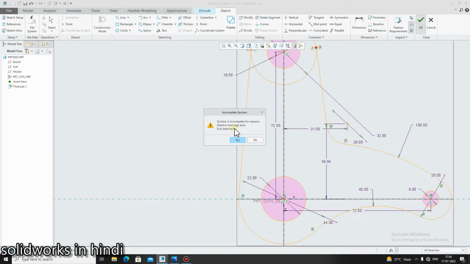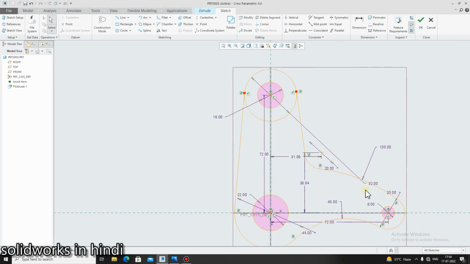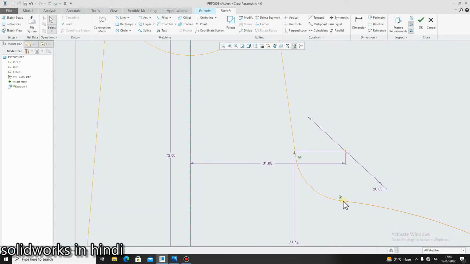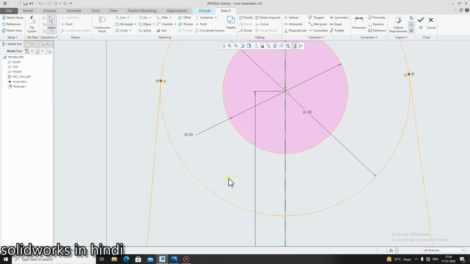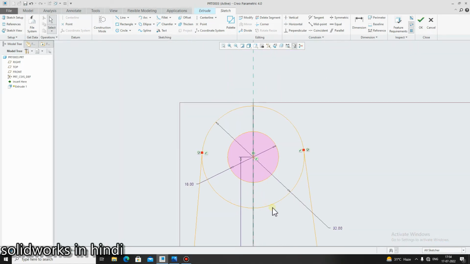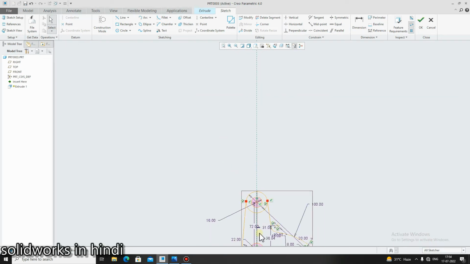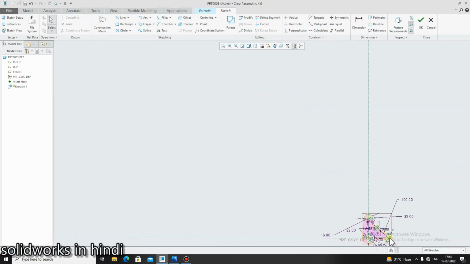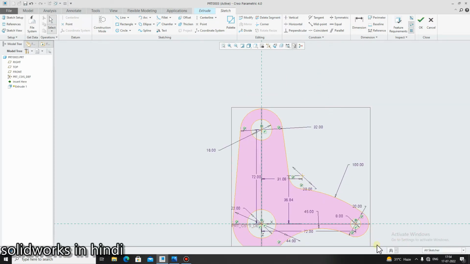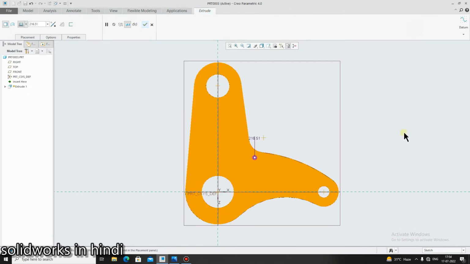Okay, here the section is incomplete, so select no. Here both are tangent, this is tangent, this is tangent. Okay, remove this part also, delete segment, click here, click here. Now it is complete, click on OK.